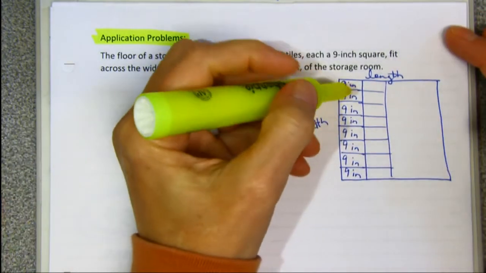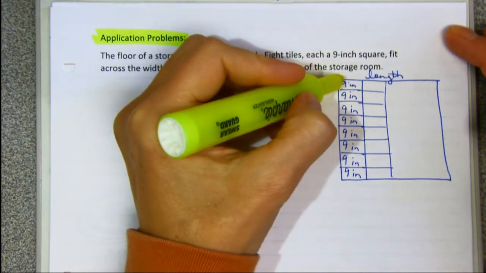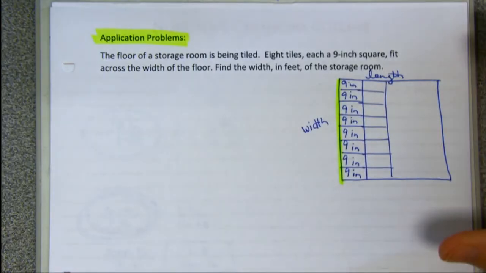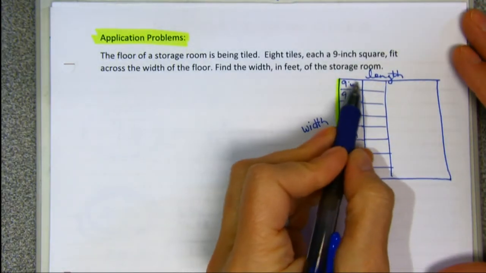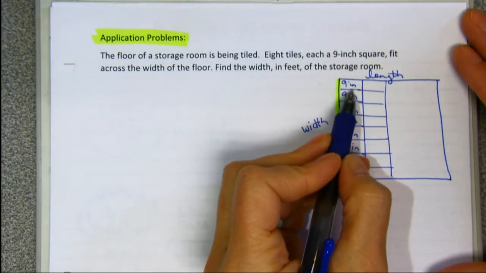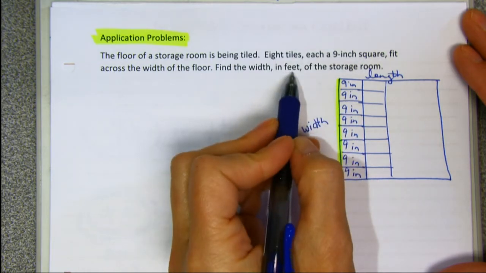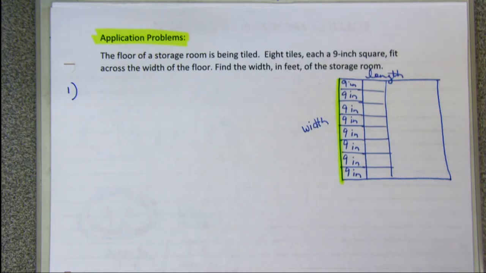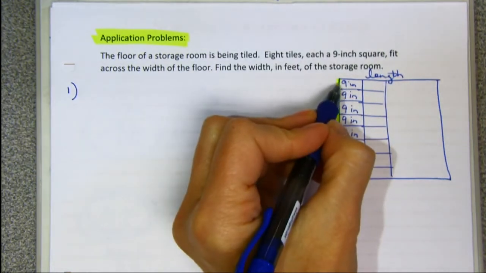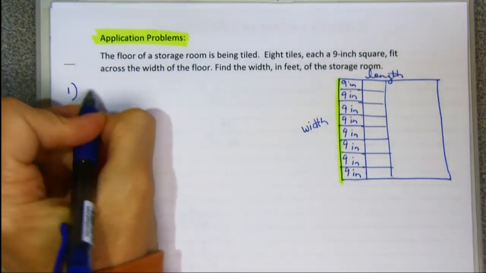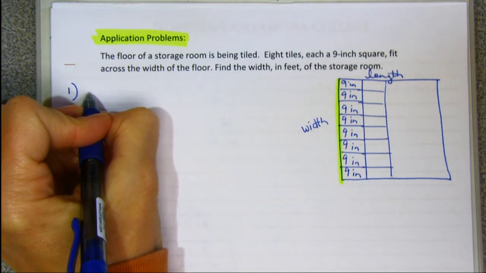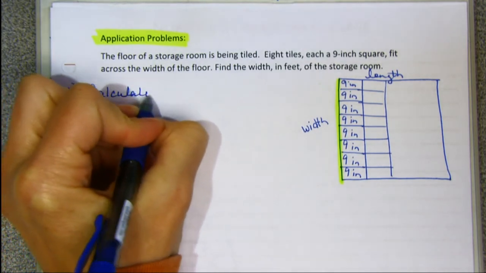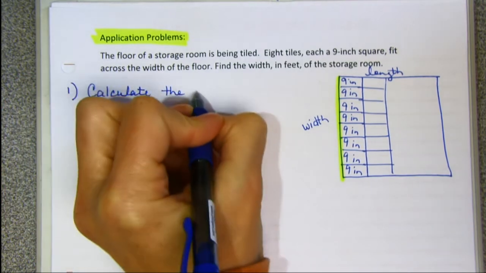So it just wants to know this side that I've highlighted. Now notice conversions are given in inches, and it ultimately wants it in feet, okay? But the first thing that we're going to do is see how many inches is the width. So I'm going to calculate the width